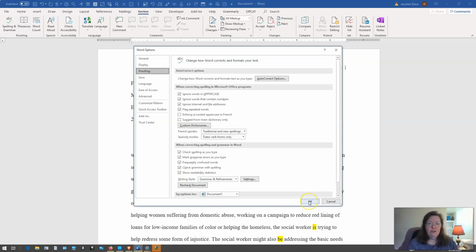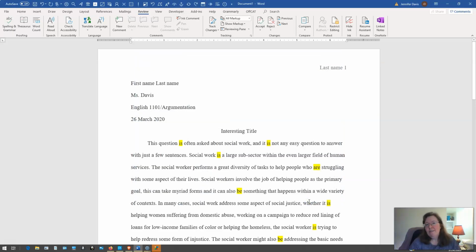So once you set this up on your home computer or your personal laptop or whatever, you will never have to set it up again. Now maybe if you get updates you'll have to go back in and set it up again, but for the most part that's how you do it. And I am talking about a Windows computer, not a Mac, so if you're using a Mac computer you may have to check for that feature in Google. I'm not sure how to do it on a Mac. Okay, so